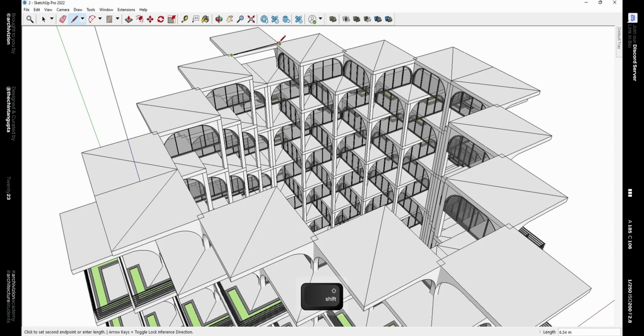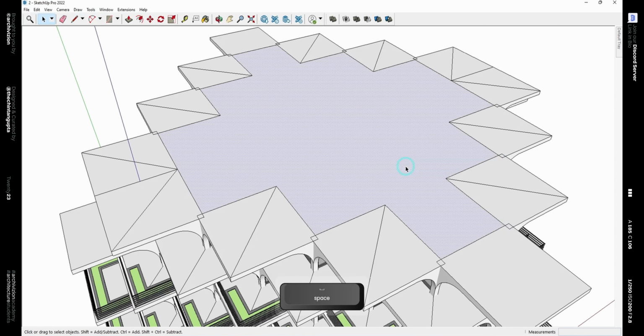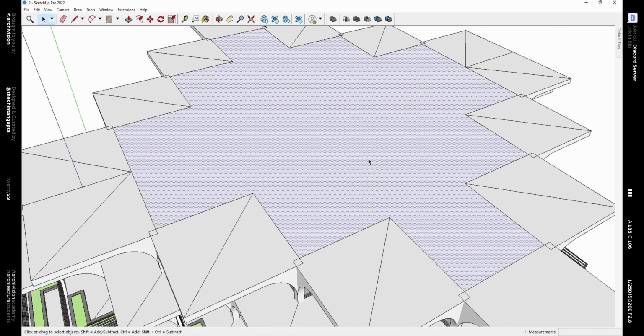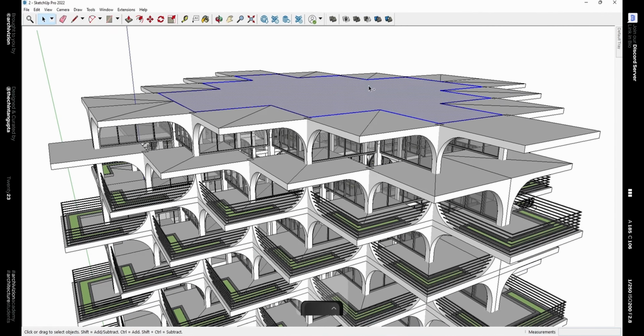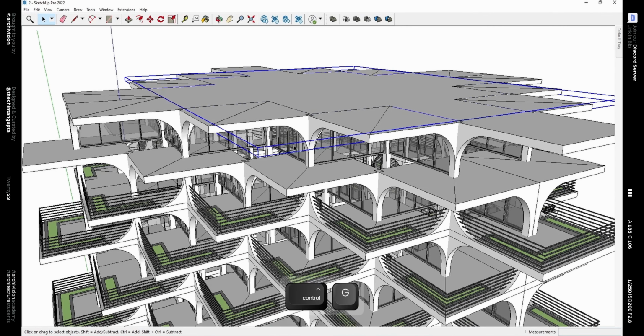You can use the shift key to lock your axis. Once you finish making this face, we can use the push pull tool to give it a thickness of 400 millimeters. Now we can double click to select it all and make it a group.